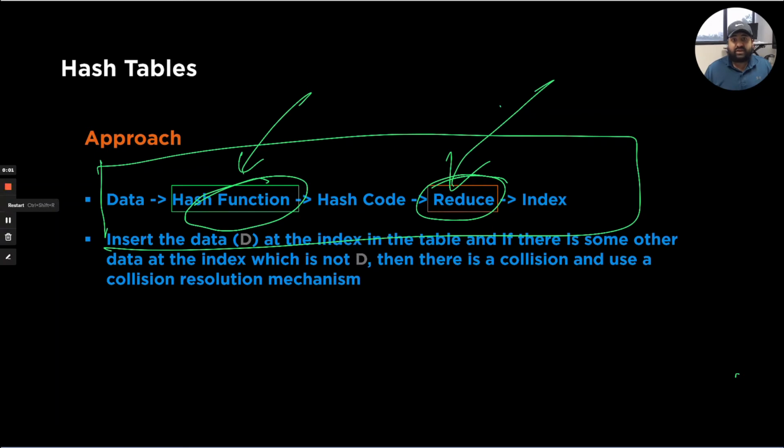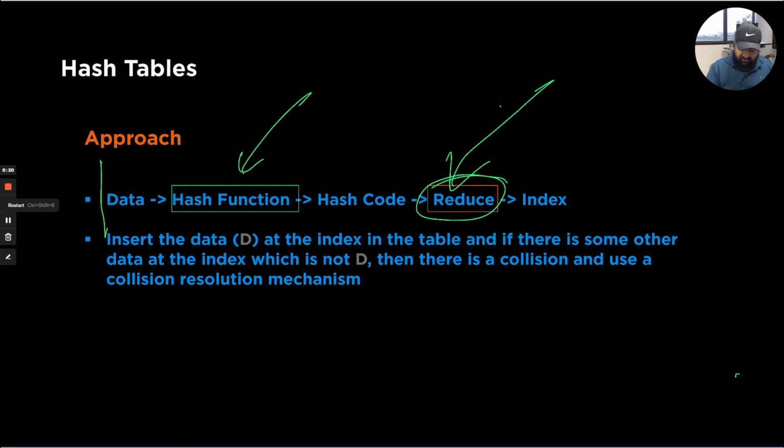In the previous video, we described the process of converting a data object into an index, which is going to physically map that object into the hash table. So essentially, now we are going to describe the different components that will allow us to generate that index. The first one is the hash function, which is what we are going to discuss in this video, and then we'll